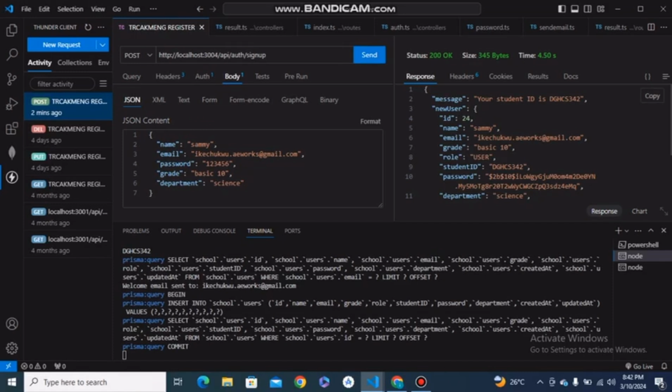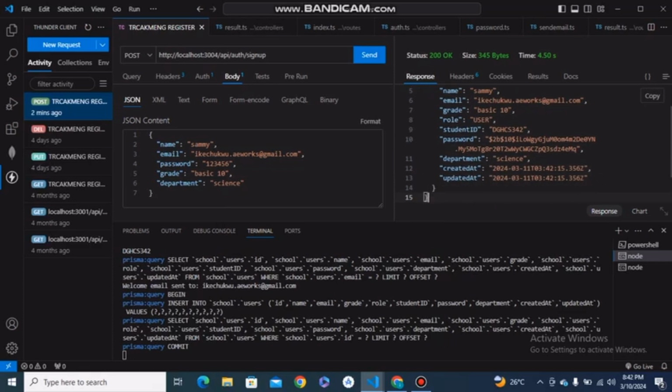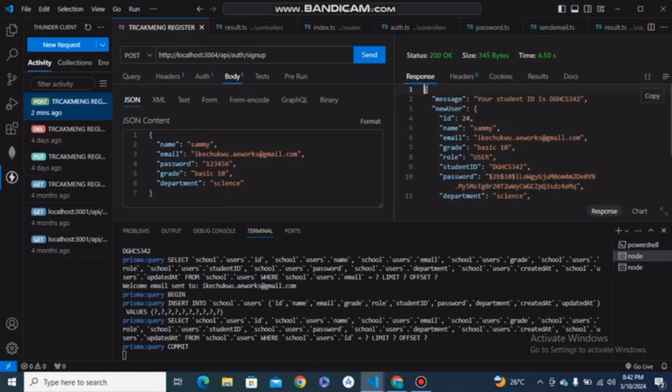Okay, yeah, success. Your student ID is in the response you get back. So you get the student details. If you look at this, the role is user, not admin. Then the password, the department, when the record was created, and everything like that. So this ID now,